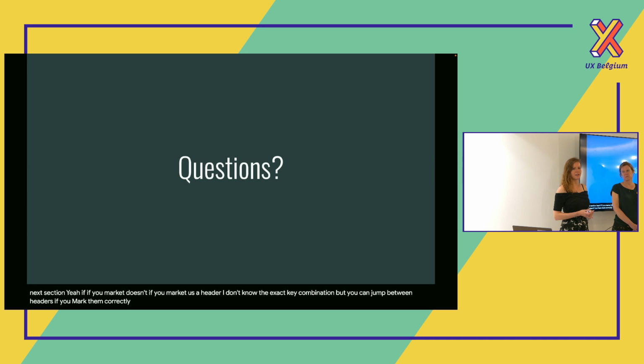I was wondering the same thing. Really, you can jump between headers, but I'm not a user myself, so I don't know all the shortcuts.